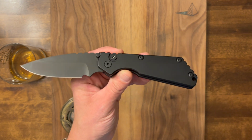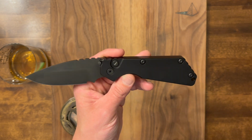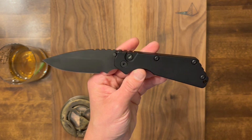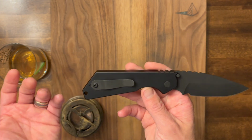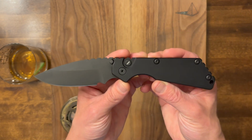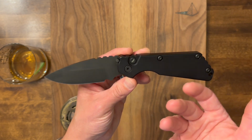These came out, I want to say like 2 years ago or maybe 3 years ago, and they were very popular. And Pro-Tech does these operator runs on several models. I think they've done the TR5 in an operator. Yeah, they've done it on a few models, and they're usually very popular, but the Strider SNG model sold out very fast. And I always regretted not getting one,